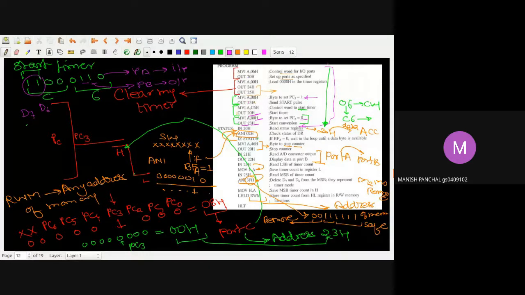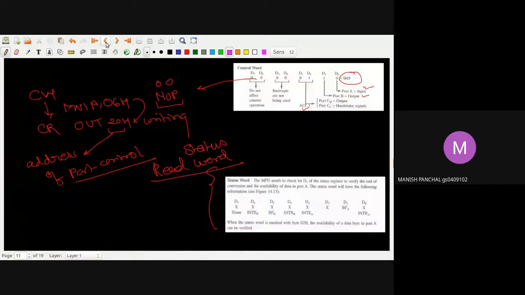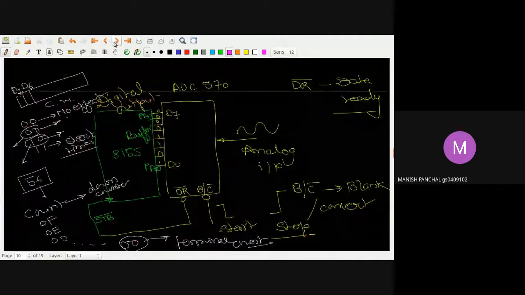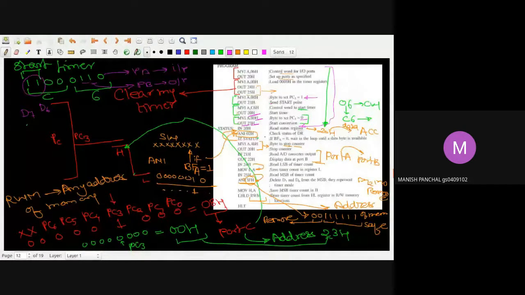उसके बाद मेरे को PC3 बिट पे कनेक्ट करना है, तो क्या करेंगे हम, PC3 पे पहले मैं हाई भेजूंगा फिर लो भेजूंगा। ओके, तो ये मैंने यहाँ पे स्टेप फॉलो करी। इस बीच में मैंने क्या किया, टाइमर को स्टार्ट कर लिया। तो टाइमर को कैसे स्टार्ट किया मैंने, 1 1।